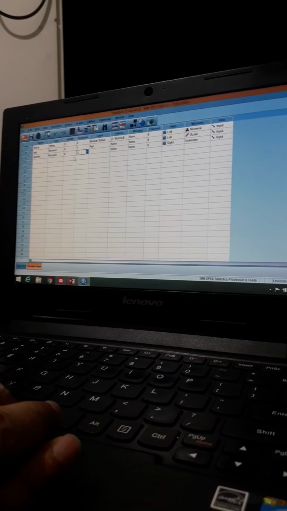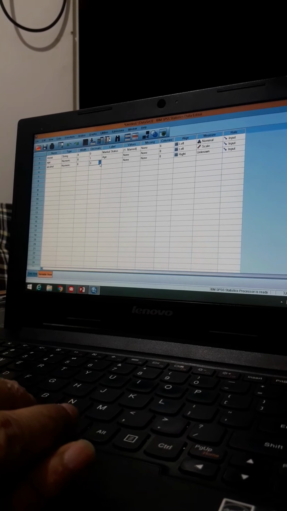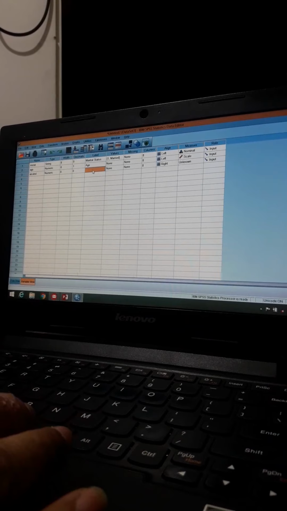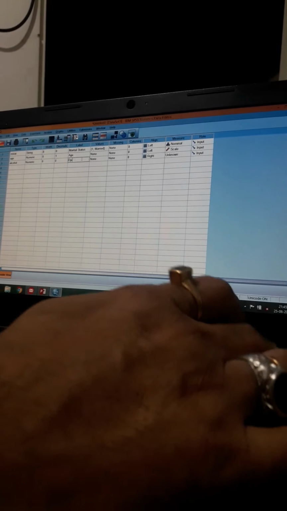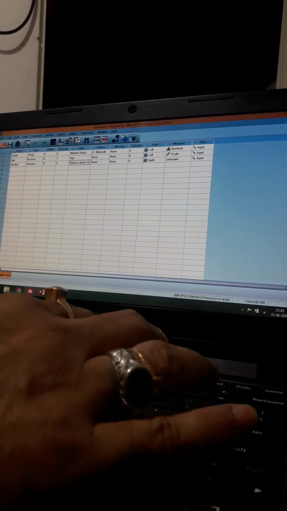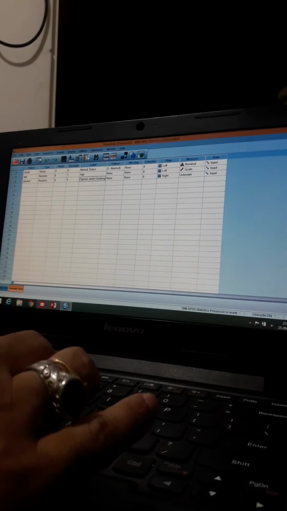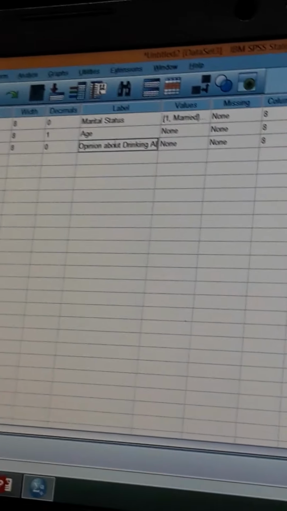We will put the decimal as 0 and then we will double click on label and we are going to write opinion about drinking alcohol.